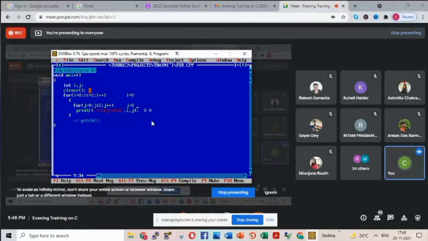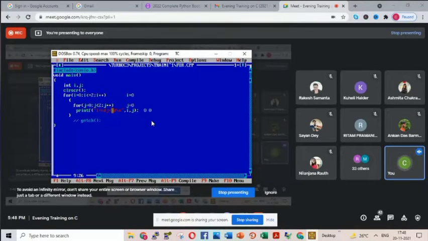So we have printed the value of i and j, which is 0 and 0. Now, when this inner for loop completes, if it was just a printf statement, we would have printed and gone to the outside for loop. But in this case, we won't be moving to the outside for loop, because the inside for loop is not yet completed, because j equals 0, and with 0 less than 2 we have entered.